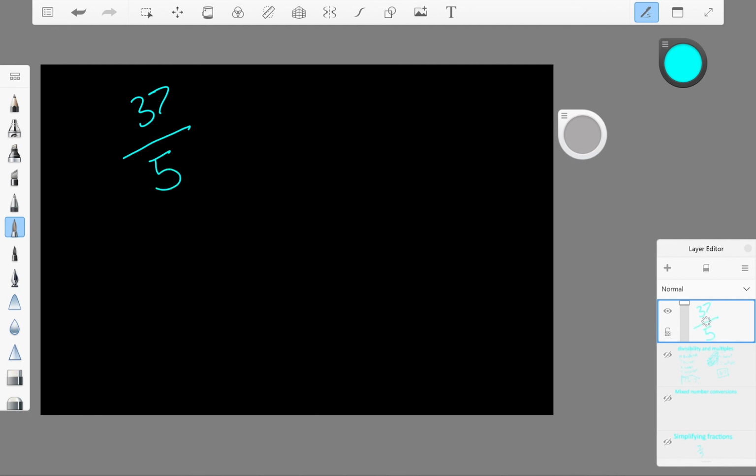Okay, simplest form. I want you guys to simplify the fraction 85/9 into a common fraction, and I want you guys to tell me what the name of